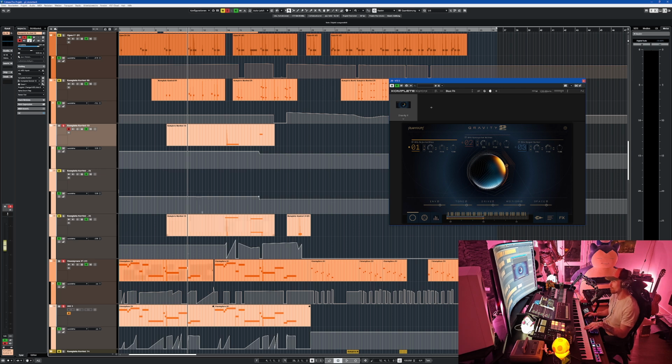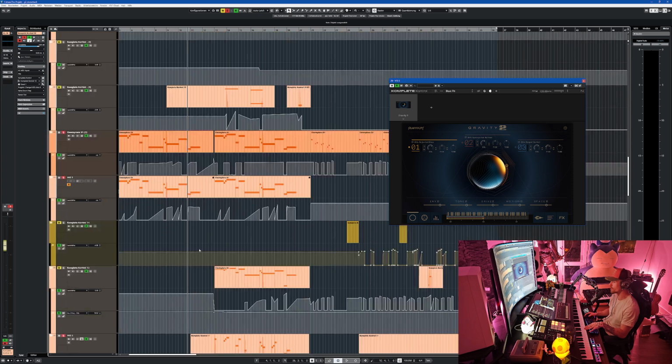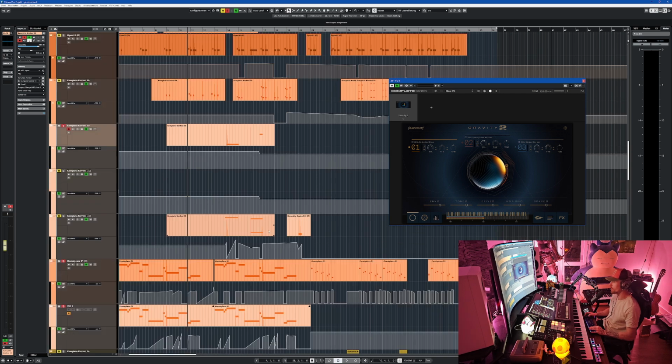Because when I write demo tracks, it's important to also showcase some presets. When I work for clients, it's more important to create suited instruments based on the world or the, I don't know, the vision, the story that you are writing for. But when you work for an instrument, it's a different kind of story. So in that case, it's totally fine to go for a little bit of that.